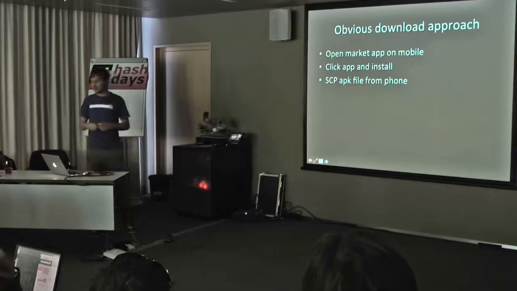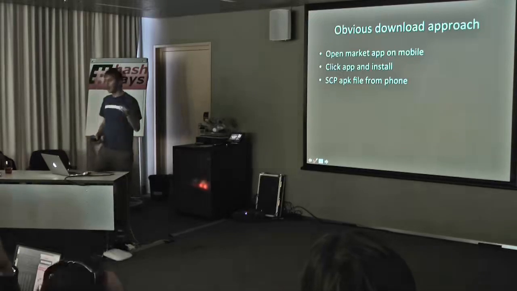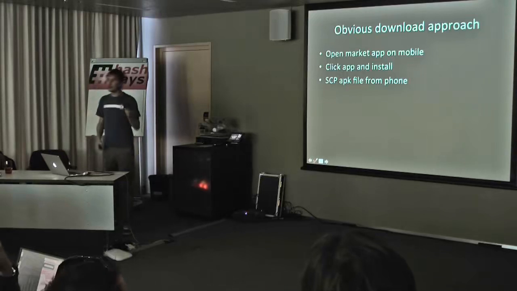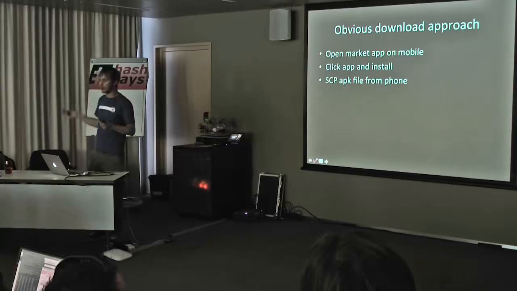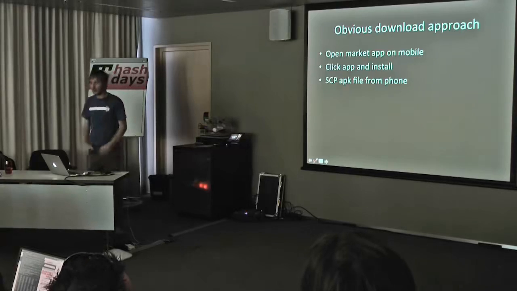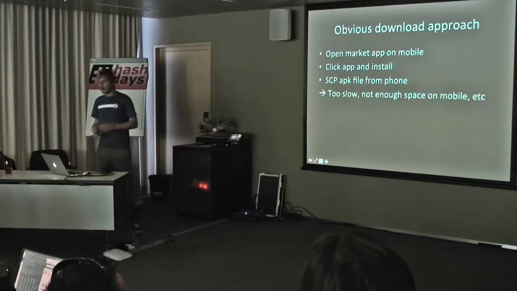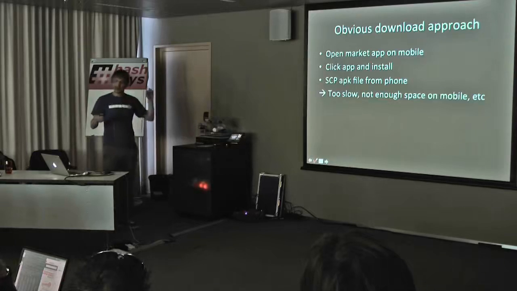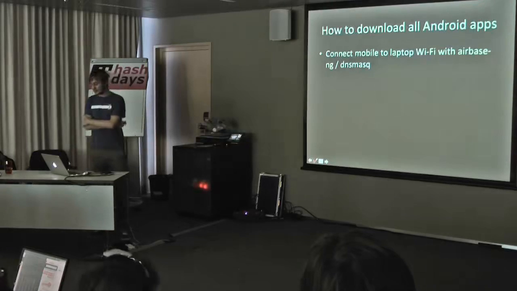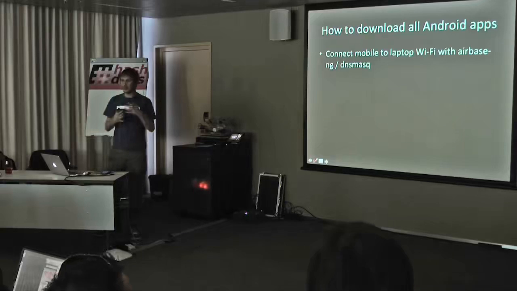So what I first did was I opened the Market app on my mobile. I clicked the app and said install, and afterwards I SSH'd into the mobile phone and just secure copied over the APK file. That works if you just want to download one or two apps, but it's slow and there's not enough space on the mobile, so every one of these apps gets installed on your mobile. So I tried to circumvent it so that not all these apps get installed on